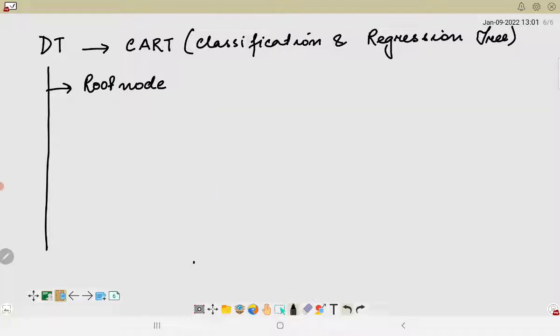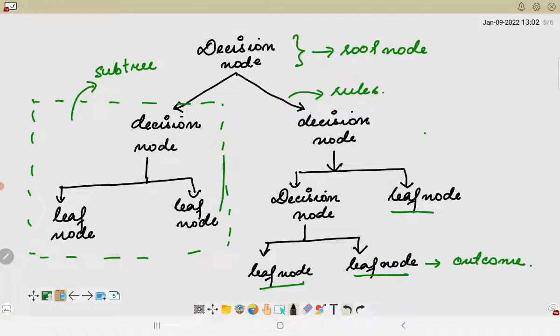Once the root node gets the entire data set, it further gets divided into two or more homogeneous sets. Here, based on certain decisions, it will get divided into either two or maybe more than two